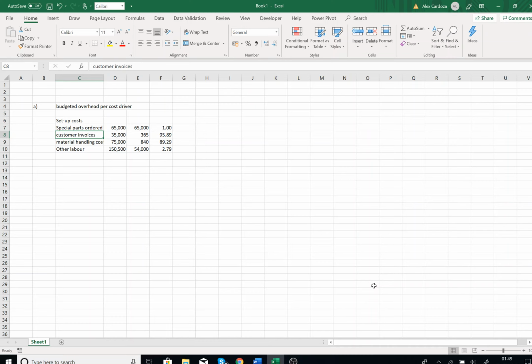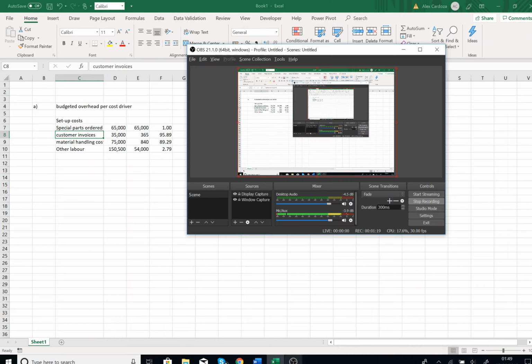Say you run a factory that makes shoes and you need rubber. With absorption-based costing, you'd say all those costs that don't relate to production, so putting the shoes together, relate to the amount of labor hours that are produced. Whereas with activity-based costing, you try and split the overheads out, so the ordering